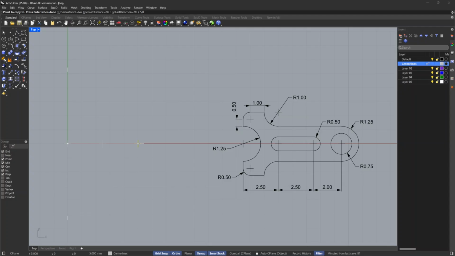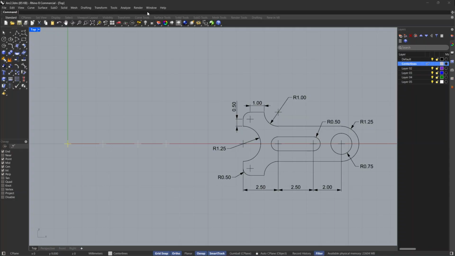Then press enter. For point to copy to, type 7, comma, 0, then press enter twice. These are all absolute coordinates.